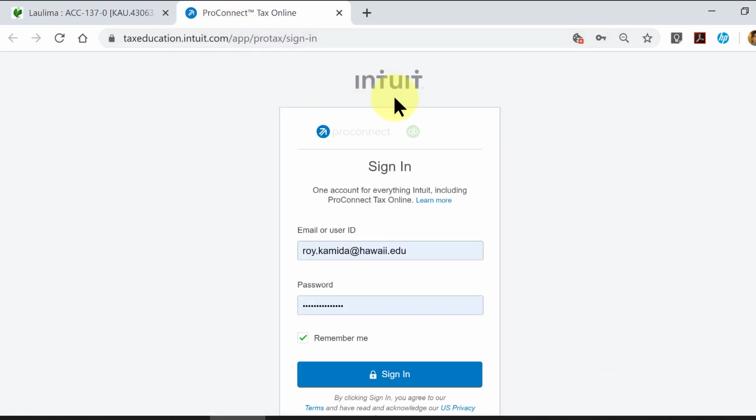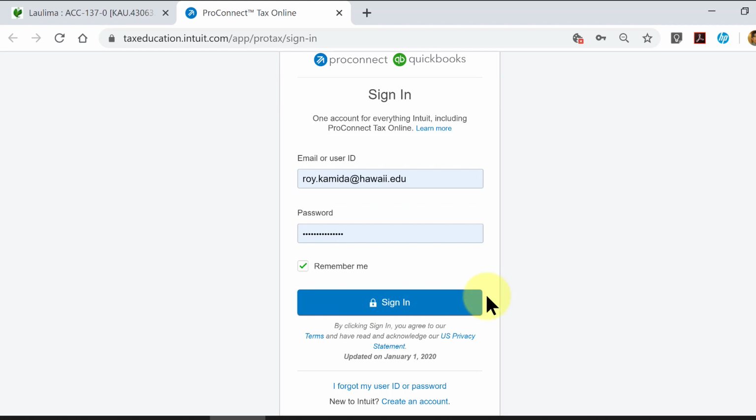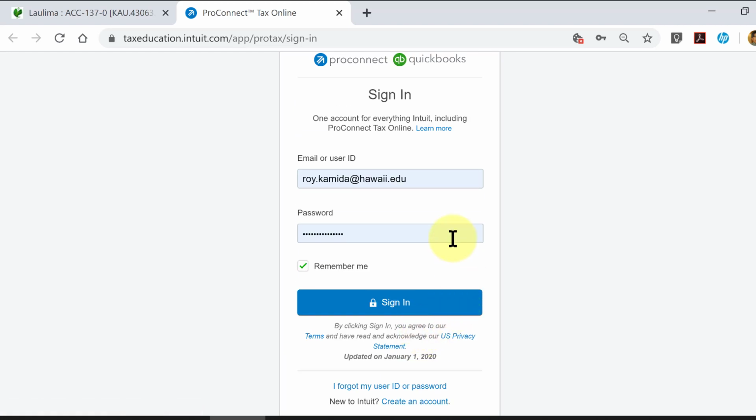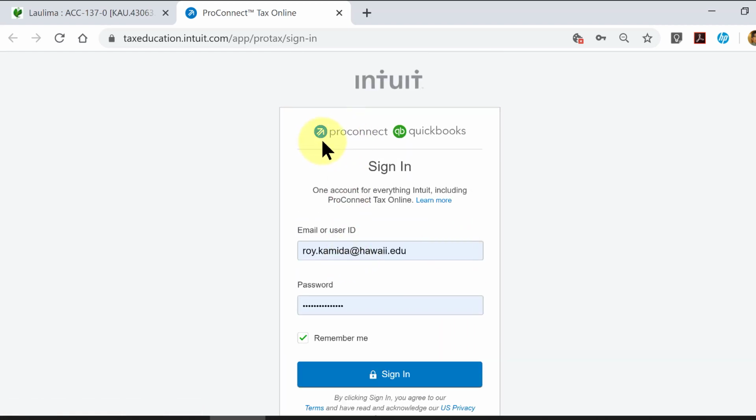to the login site for Intuit, keeping in mind that maybe you already have a QuickBooks Online account. So maybe you can try to use that same username and password you had already set up for that QuickBooks class. If not, you go down here to create an account and then use that information to log in now to our ProConnect Tax Online software. So let me sign in,